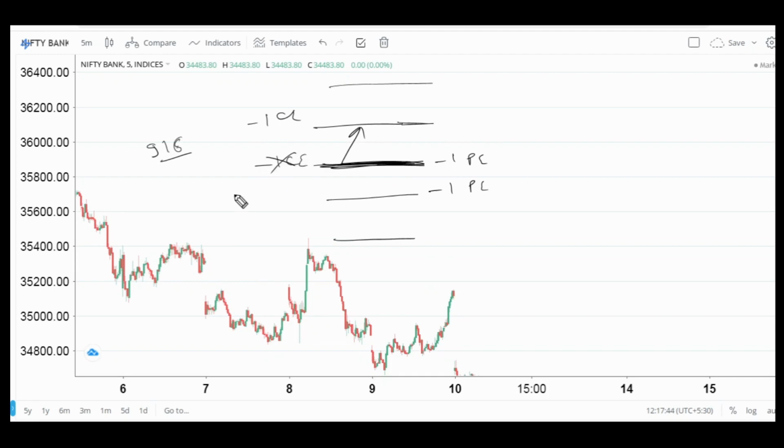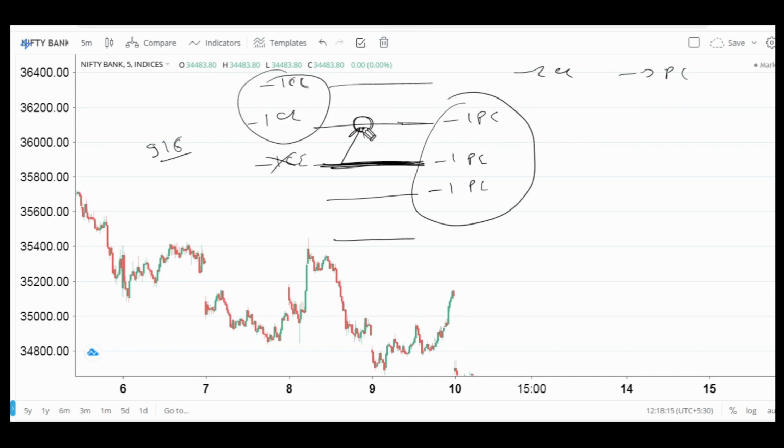Suppose the market went up, we'll exit this call, first we'll enter this put, and after we enter this put via the algo, we'll enter this out of the money call when the market is here. Now at this time we have minus 2 call sells and minus 3 put sells. As you can see here, minus 3 put sells, minus 2 call sells when the market is here. Now from this scenario, you already know that if the market keeps on going up, we'll have one extra put, which will help us get some more profit than our usual straddle triangle.